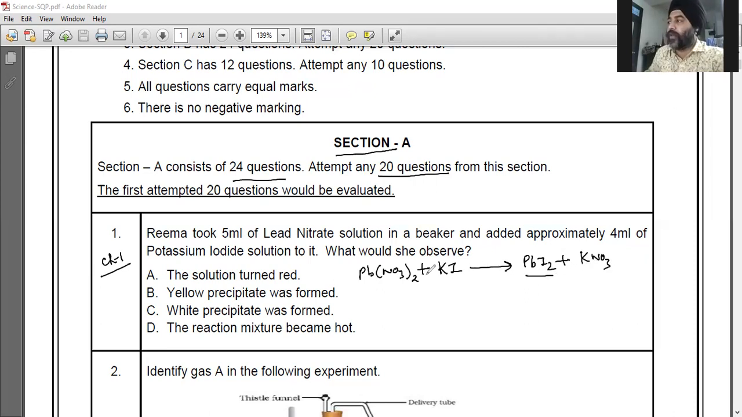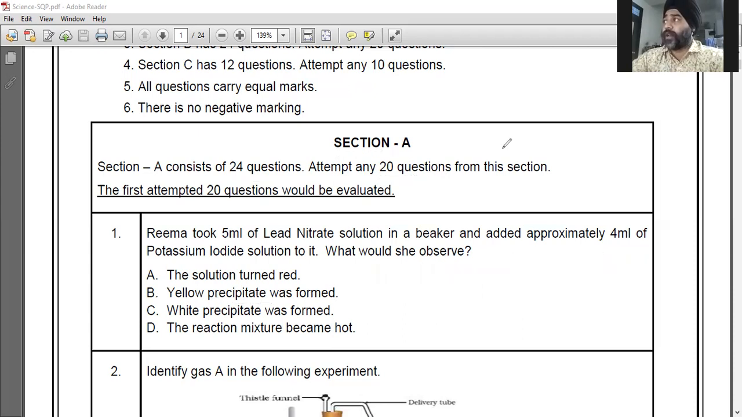Here, all of you know that whenever there is a double displacement, a precipitate will be formed. In this case, a yellow precipitate will be formed. So, out of all these options, option B is correct because a yellow precipitate of PbI2 was formed. Now, next